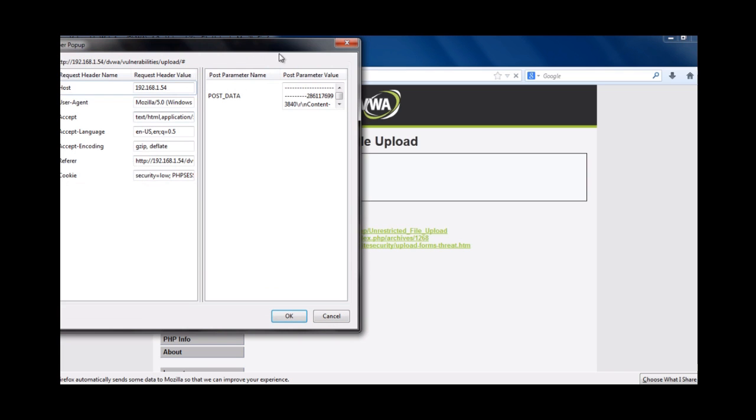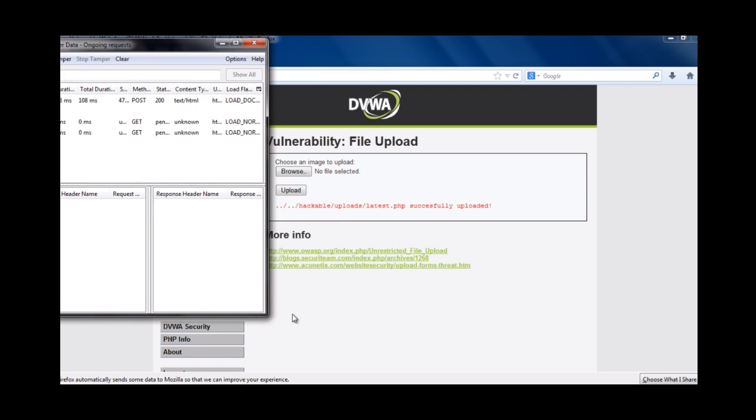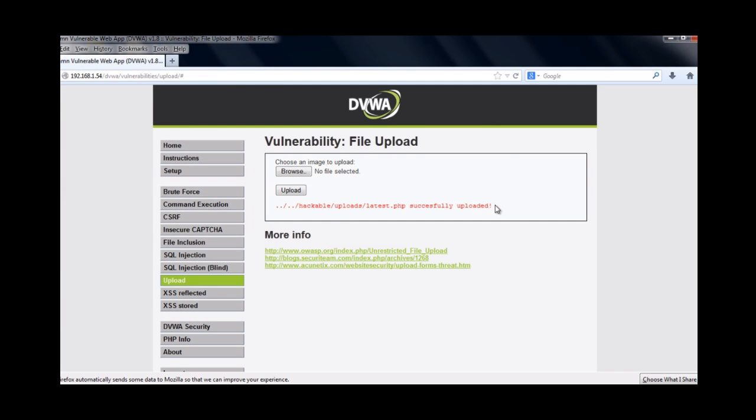Looking into the post data, this will give you the kind of data that you are trying to send to the server. Browsing down this content, you'll be able to see the file name of the file which you are trying to inject, and below this will be the actual content of the file. We just have to rename it to a PHP file, as the server executes only files based on the PHP framework. Renaming it and clicking on OK, you can see that we have successfully injected our shell into the application.